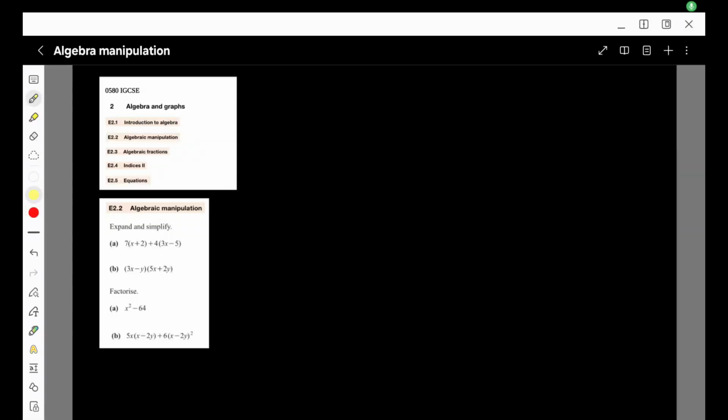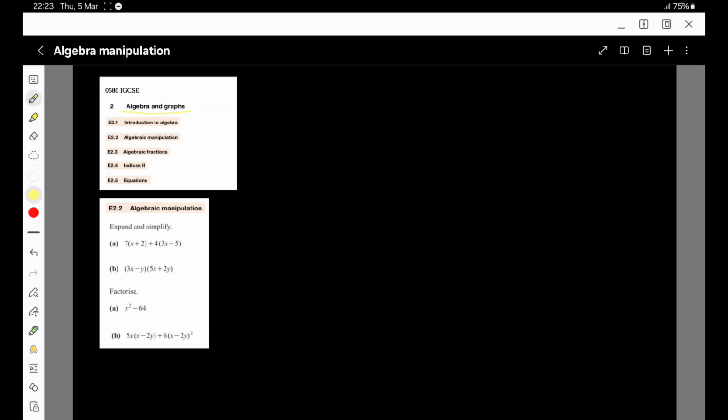Everyone, I hope you're doing well. So today we are going to be doing more exam practice questions in IGCSE Math 0580 code, and we are going to be doing more of the second topic in the syllabus, which is algebra and graphs. So algebra and graphs have about 13 subtopics inside it,